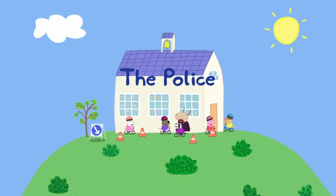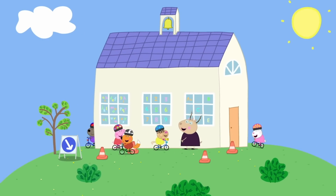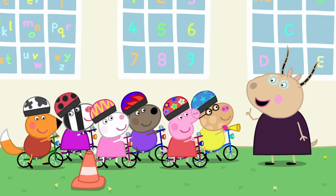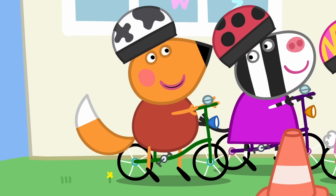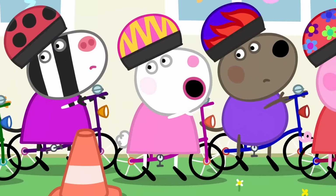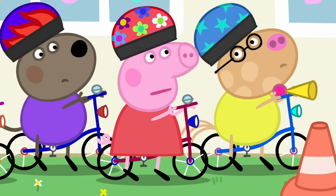The police. Peppa and her friends have brought their bikes to playgroup. Children, today we have very important visitors. The police are coming to our playgroup. Ooh. The police drive cars with flashing lights. Nina, Nina, no, Nina. It's dee-door, dee-door, dee-door. Police cars go woo-woo,